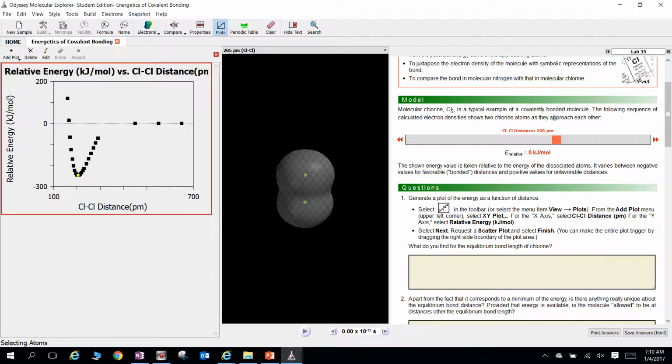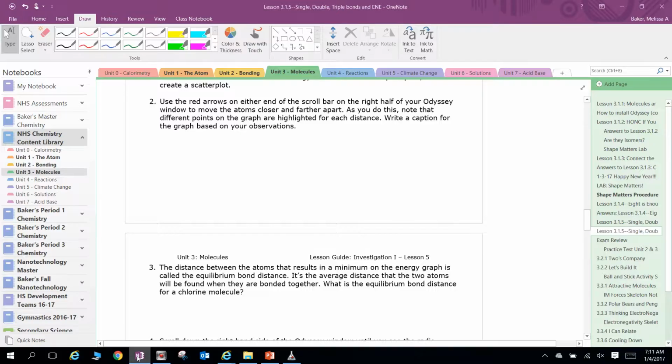So 205 picometers seems to be the bond length between the two chlorines, because if I put them together even more, then they're not at their lowest possible potential energy. So 205 picometers. 205 picometers is the perfect distance